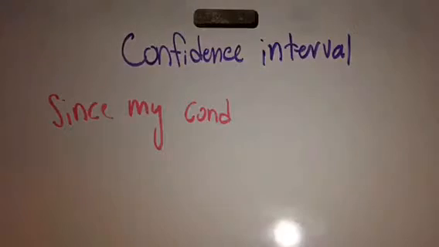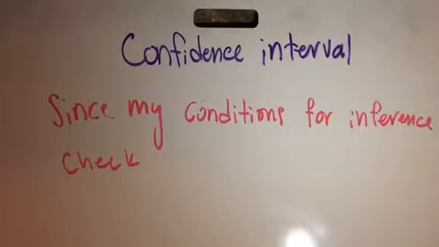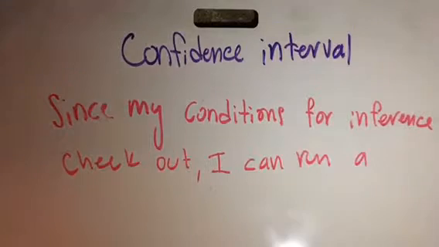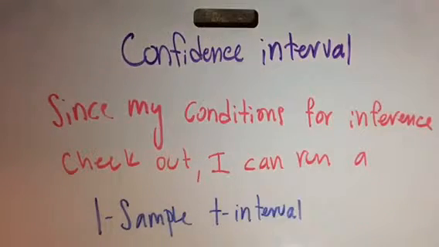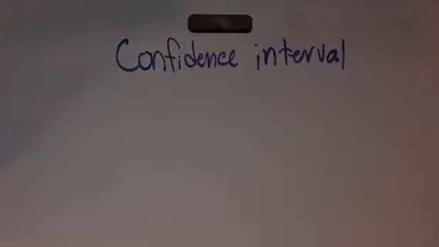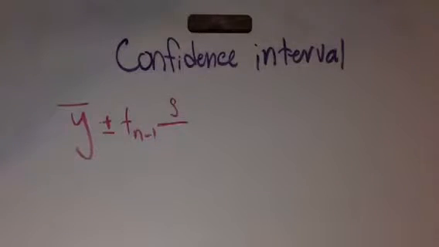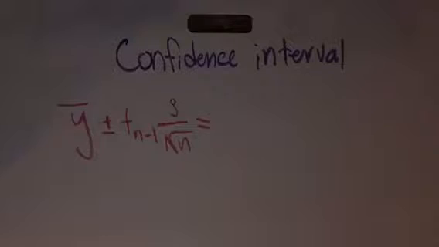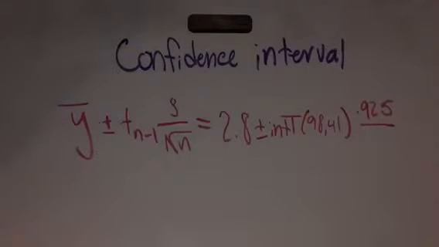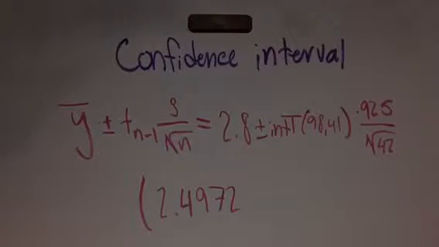Now that our checks are confirmed, we write, since my conditions for inference check out, I can run a one sample T int. The next step is to write the skeleton, which is y bar plus or minus t of n minus 1 of s over the square root of n. Now we plug in our numbers and we have 2.8 plus or minus invT of 0.98 and 41, times 0.925 over the square root of 42. We then get our confidence interval of 2.4972,